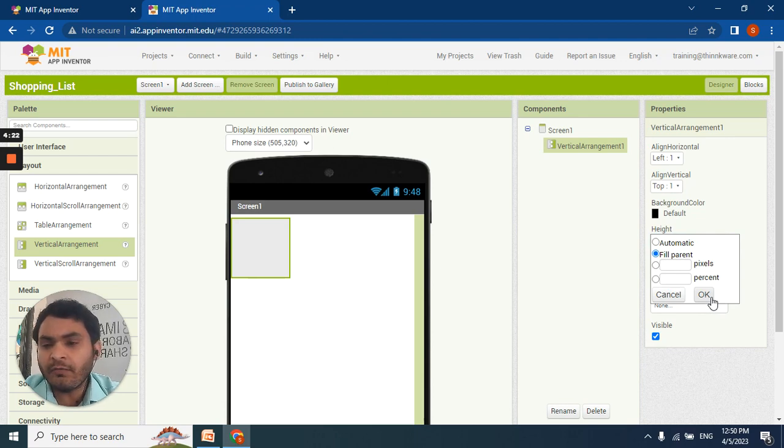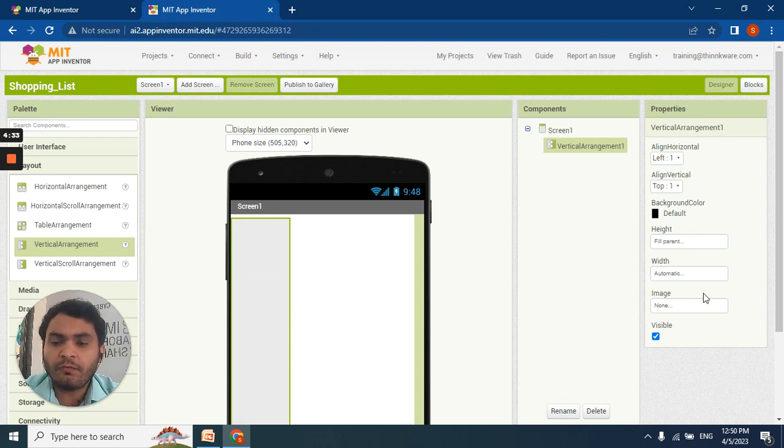Here we have two options, one is automatic and the second is fill parent. I am selecting the fill parent option. We have filled the height. Now we need to fill the width as well, so go to width, select the fill parent option and click OK.